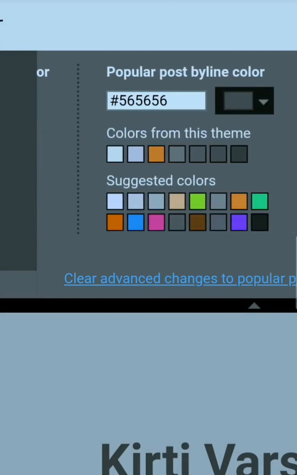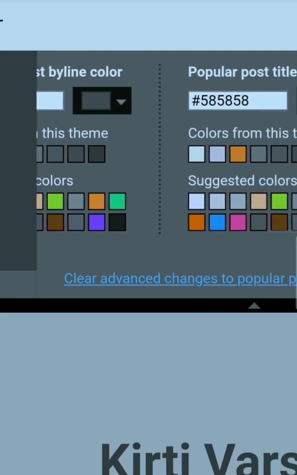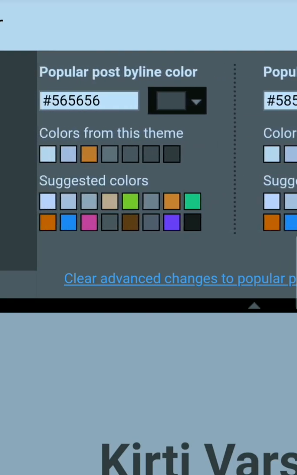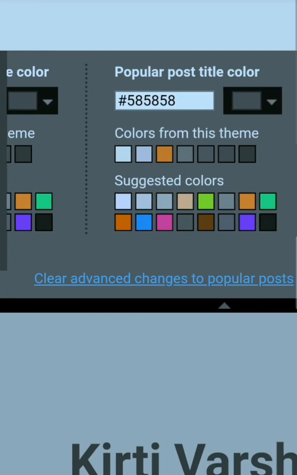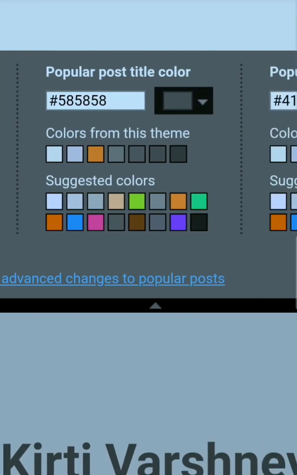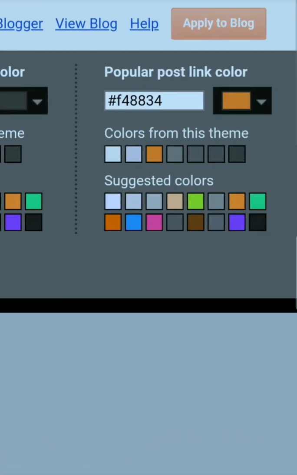Byline color is also set, so you can set any different color, but I am choosing this. Title color, you will find all things set as they should be, but you can make any change as you want. Popular post link color, what link color should it be? I was first choosing orange for all links, so it is also now showing orange color. I am going to apply to block.